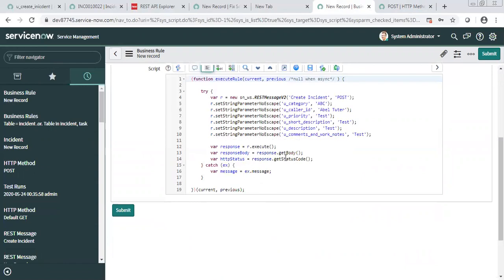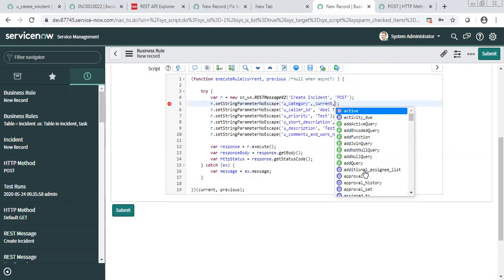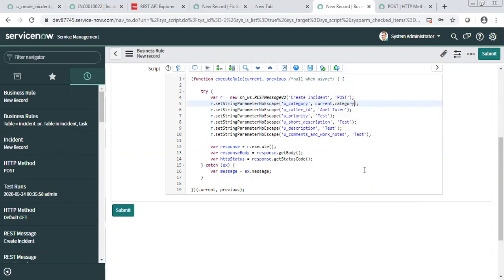That's nice. Now, here you see these are fixed values. You need to pass them dynamically. So what should be the category? Category should be current.category, the category on your table. Here I want to pass in the JSON the category selected on the incident you are creating.